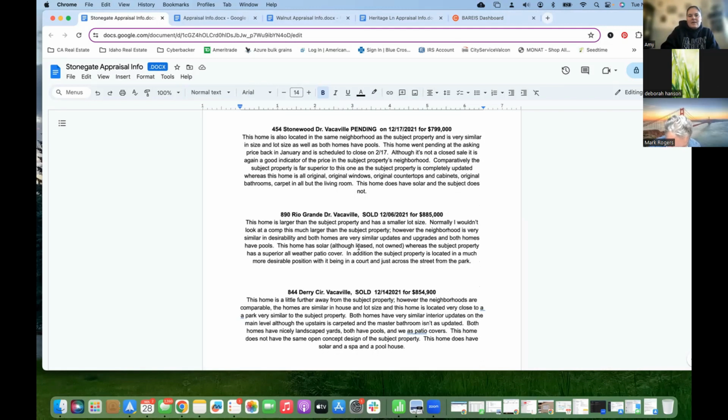Let's see, I went down and stole one from Rio Grande, which is a different neighborhood than the subject property. This home is larger than the subject property and has a smaller lot size. Normally, I wouldn't look at a comp that's much larger than the subject property. However, the neighborhood is very similar in desirability, and both homes are very similar in updates and upgrades, and both